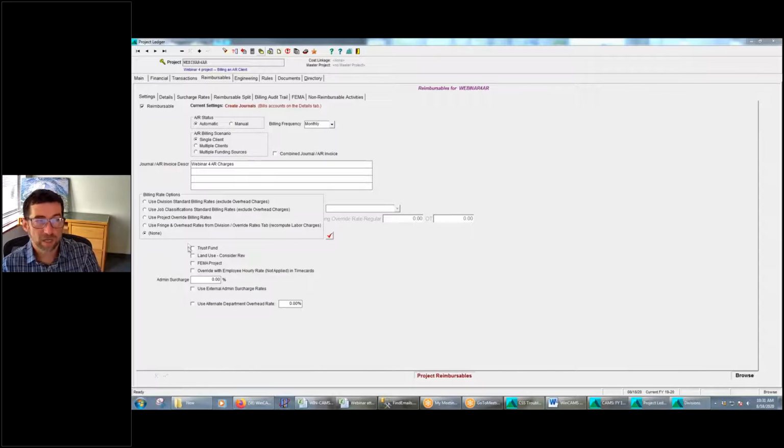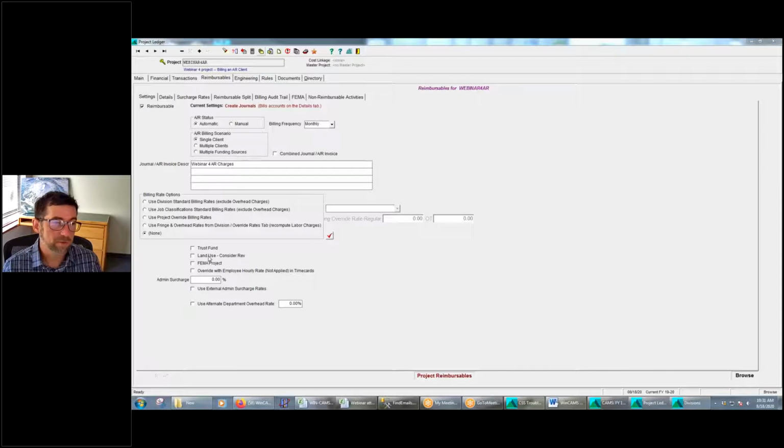And if money's not there, then it tells you there's not enough money there, and it withholds the billing, and it says you need to go get more money. And we have a couple clients that we create letters for that say, hey, your project has run out of money and you need to deposit more money. Most of our clients just have their own form letter that they send,